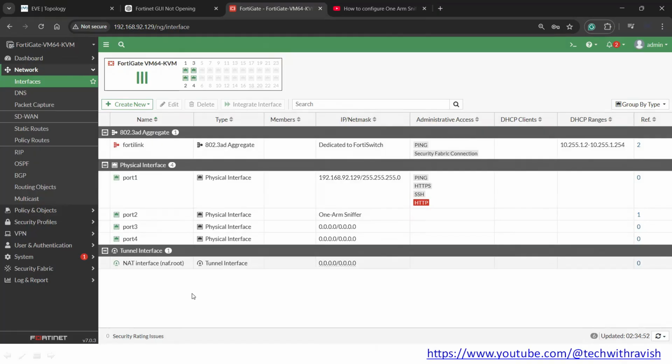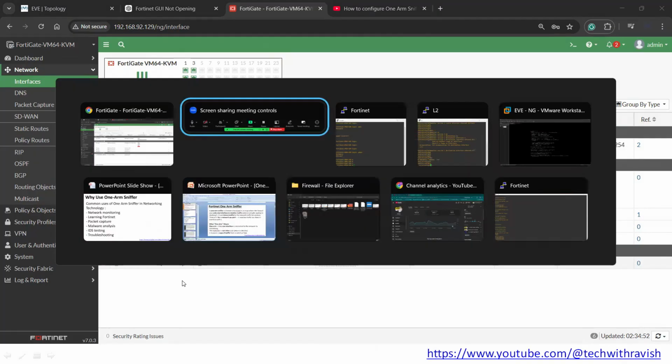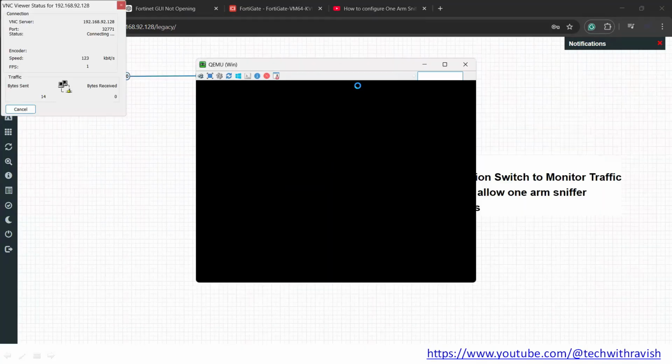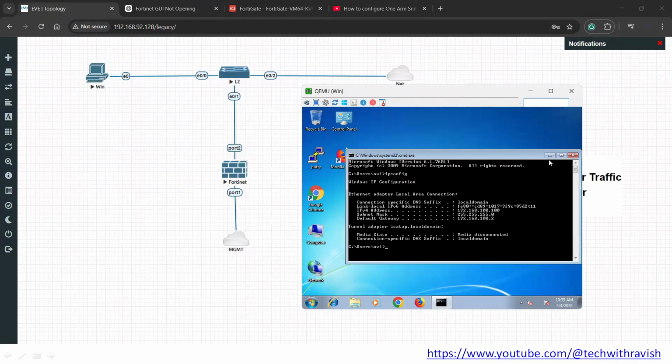Okay, now let me go to the PC. In our topology, let's try to forward some data between the PC and the internet. So let's go to the PC. So this is our PC. Our PC has an IP address